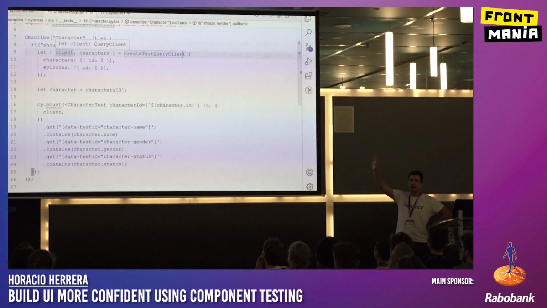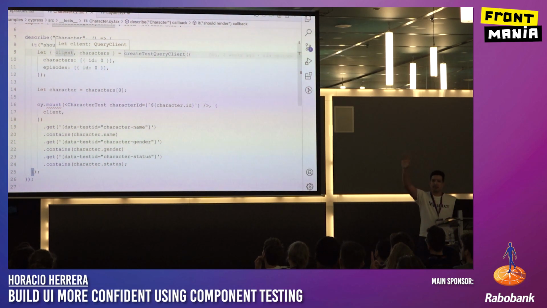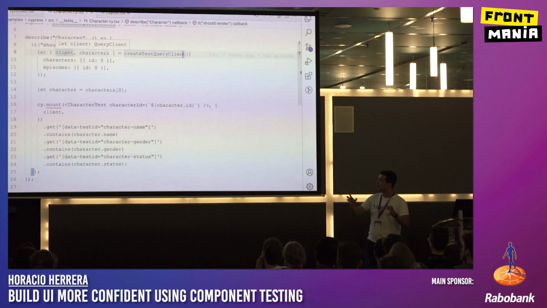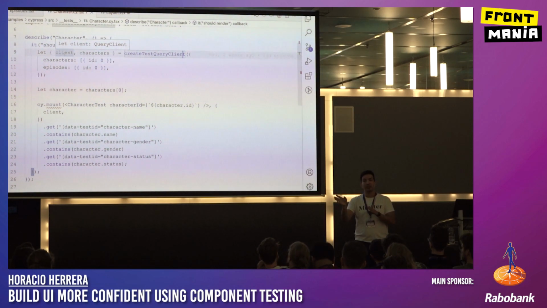Who knows what React Query is? It's an async state management library that you can use in order to do any fetching in your application. So this is a core part of how I develop, because this is the only bridge that I'm using to outside sources.